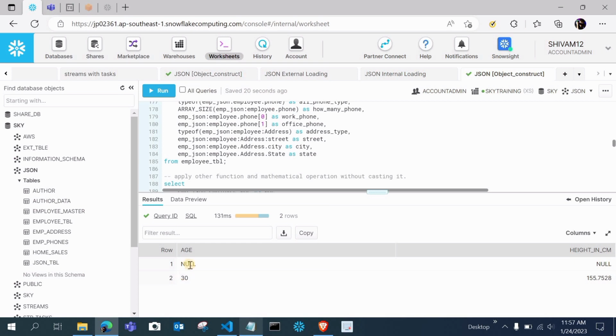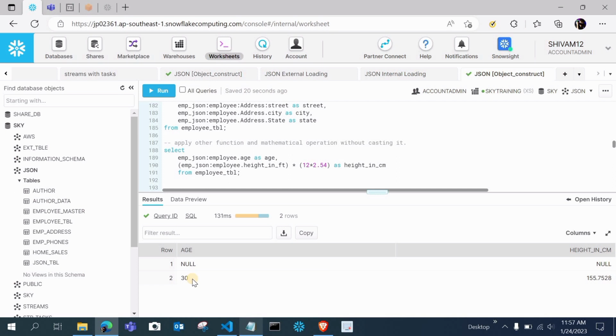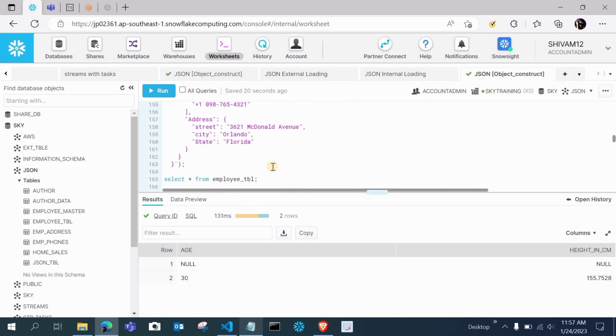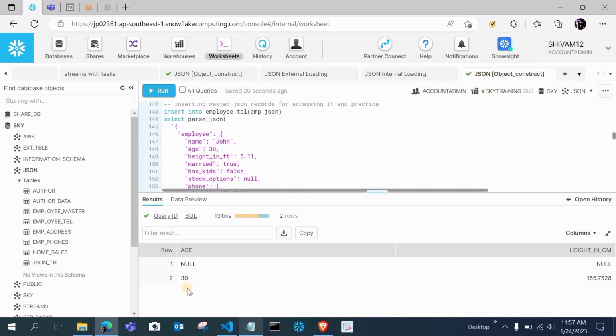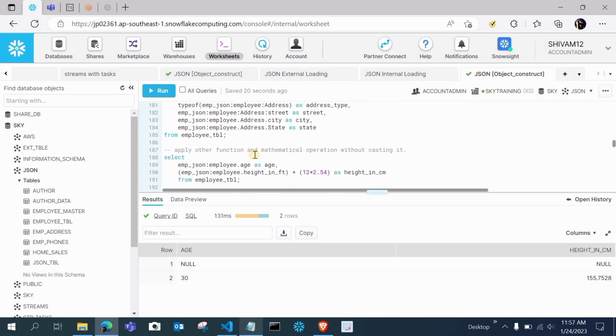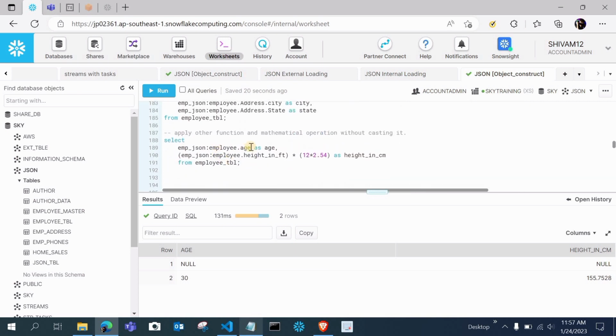Okay, this is basically what it is. This is basically the age 30. Let's check the age first. You can see age is 30, so we have selected the age column as well. You can see we have selected employee dot age is 30, and height 5 feet in centimeter is